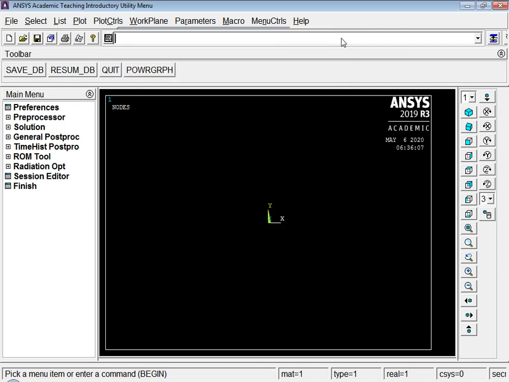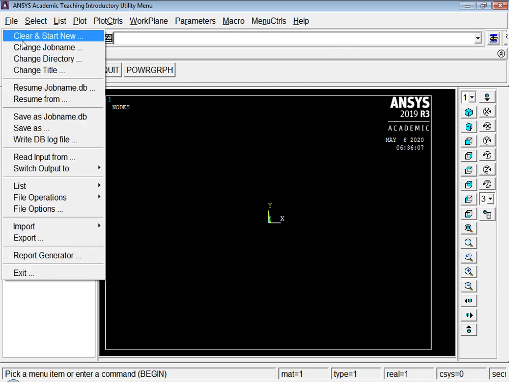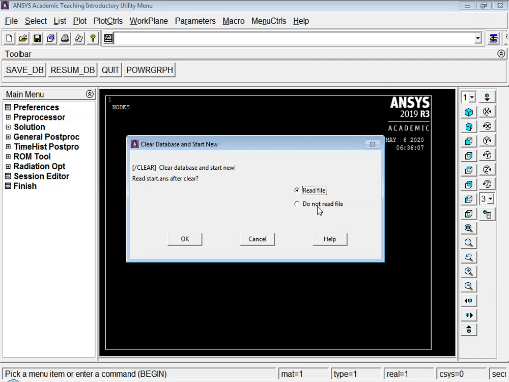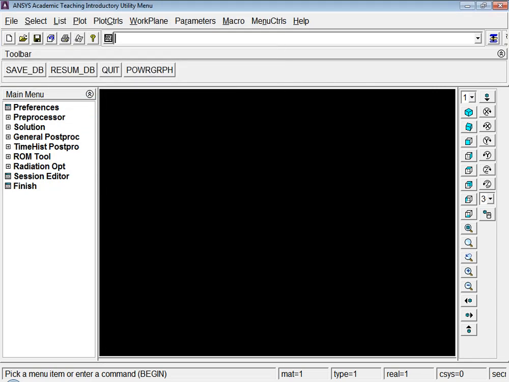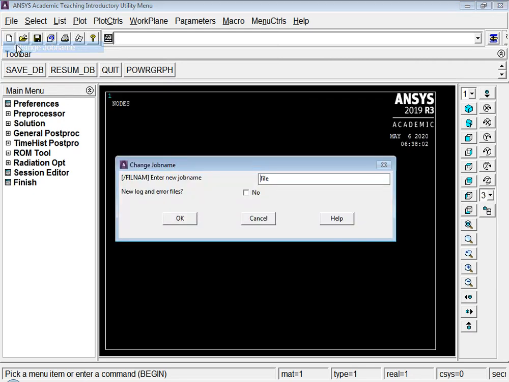First 4 steps we will carry out. Clear and start new. Then change the job name to shelf bracket.